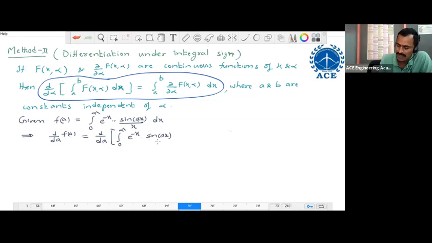Sine ax divided by x dx, which implies d by da of f of a equals, shift this d by da inside only. We are differentiating with respect to parameter a, so the other variable x is constant only. So inside the integral, e power minus x by x is constant. This is written as